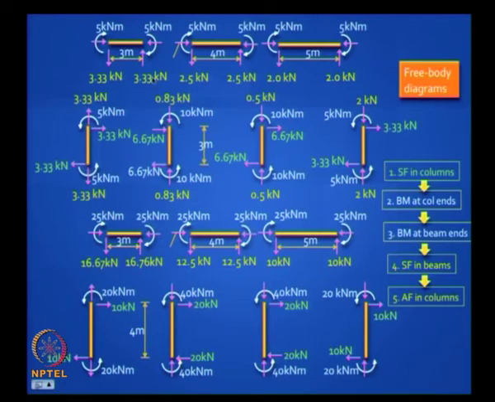Now you come here. You have to be careful. Upward 3.33, downward 2.5. So you need another downward 3.33 minus 2.5, which is 0.83. And if you got 0.83 there, then you must be getting 0.83 here also for equilibrium. Then you move to the next one. 2.5 upward, 2 downward. So the difference is 0.5. It must be downward because when you join all three, you should get 0. If this is 0.5, this will be 0.5 upward. And the last one, of course, it should match 2 and 2.